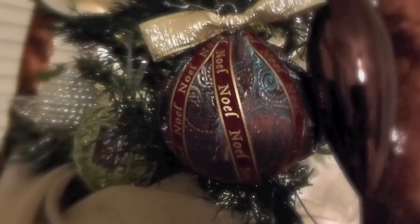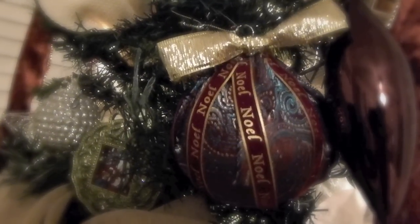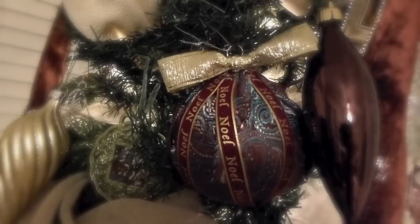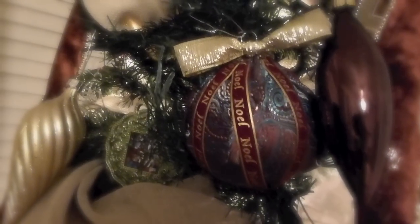And this is one that me and my husband got from Greece, so I'm not going to touch this. I'm going to use this clear bulb here to show you a technique that I use to upgrade my ornaments. And it's by simply slip covering them with fabric and ribbon. And it's just a cute way to give a very expensive and updated and upgraded look to a more adult